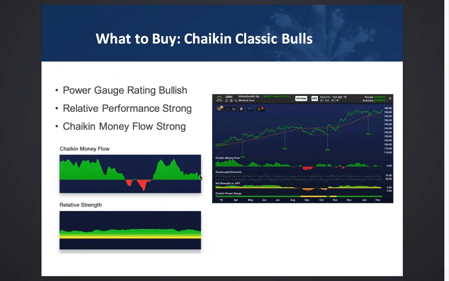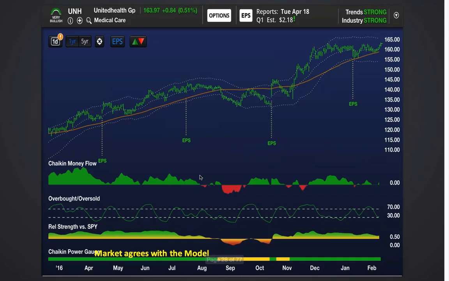And in options trading, listening to the market means knowing whether the stock is outperforming or underperforming the market. If you're on the long side, you want to be in stocks that are outperforming the market. You're putting the odds in your favor. That's another way that you get that directional edge. And then the third piece is Chaikin money flow being strong, because you want the institutions to be buying the stock. So our poster child for a classic Chaikin bull for the last year or so has been United Health,